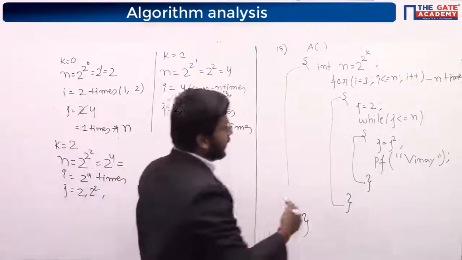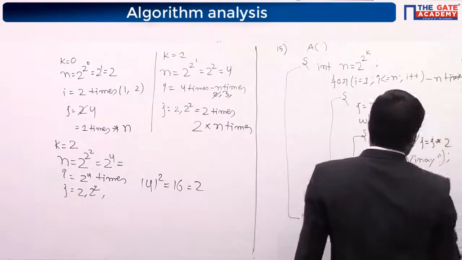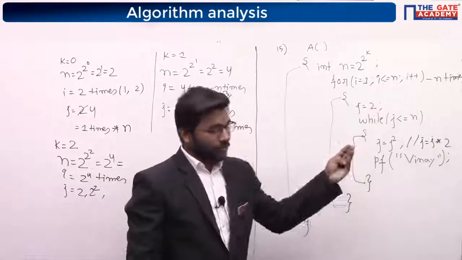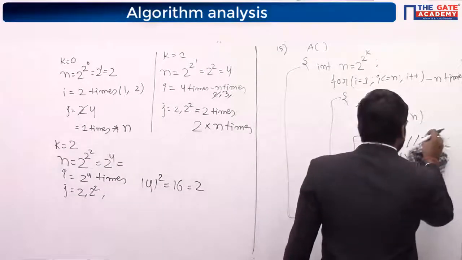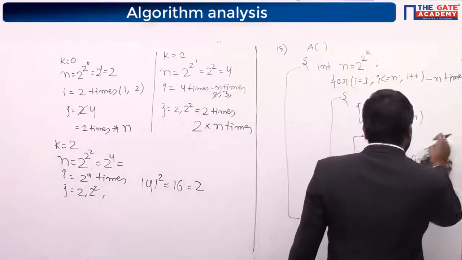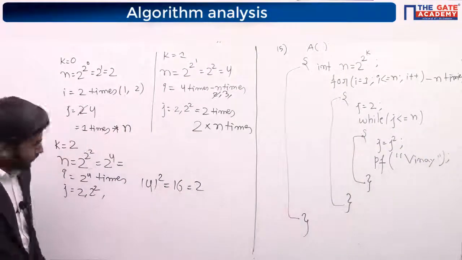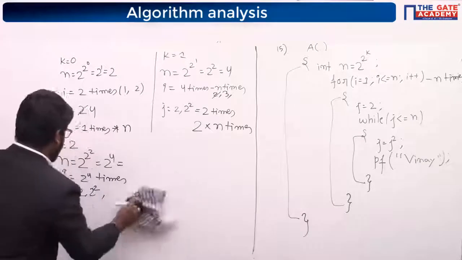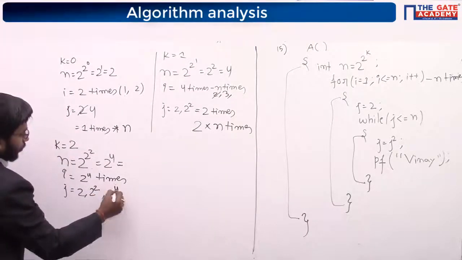So see here, I was doing j into 2. So it is not into 2, it's j into j. So I just missed that one. See, these types of silly mistakes happen in exams also. So please be conscious, okay? So 4 into 4 is 16. So it is 2 to the power 4.